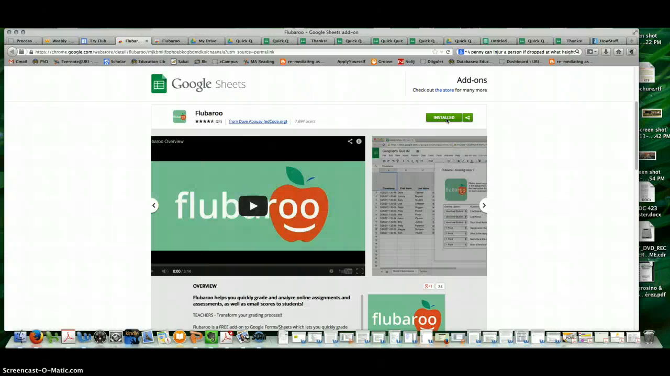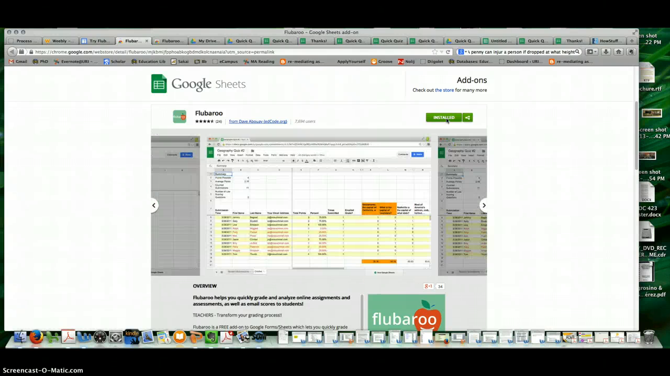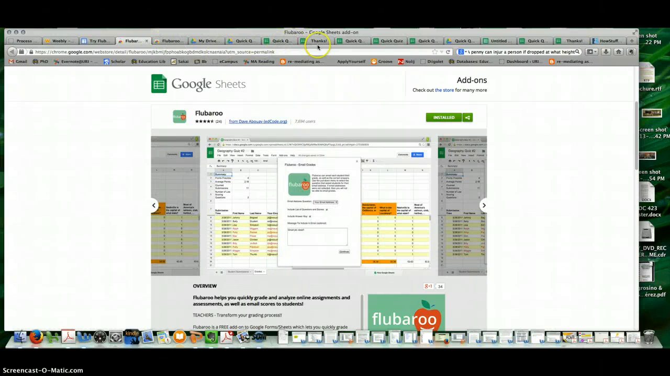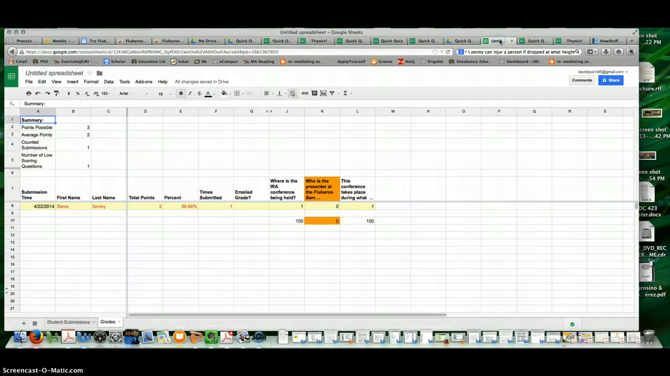Flubaroo does want some access to data. If you're uncomfortable with that, that's fine. No need to use it. But so long as you're good with the information that it wants, move forward with it, and it will be featured in the add-on section of your